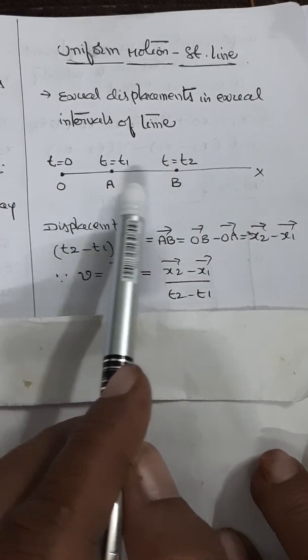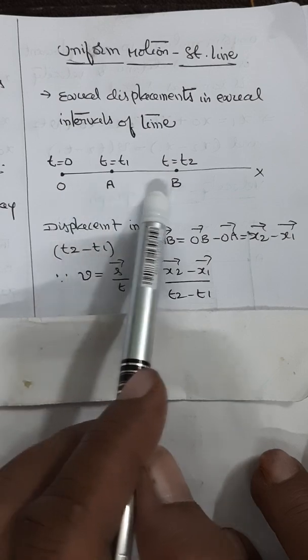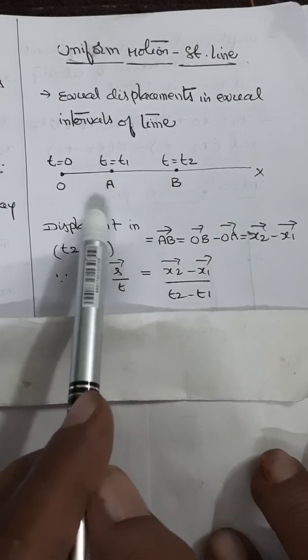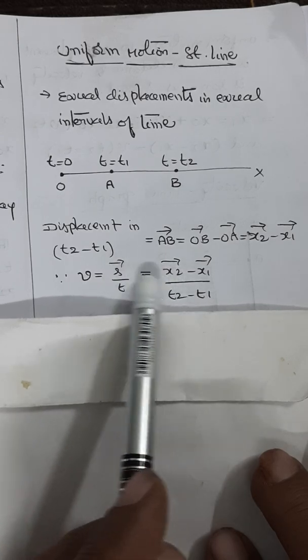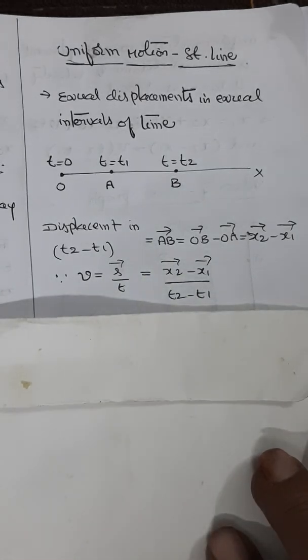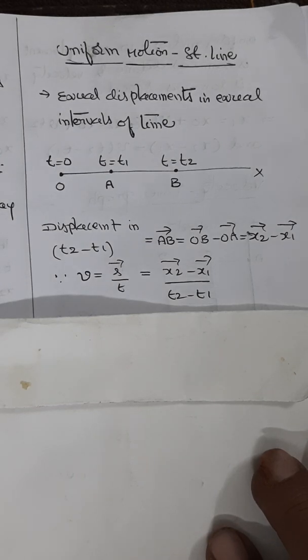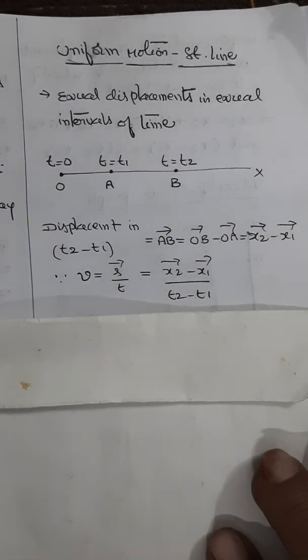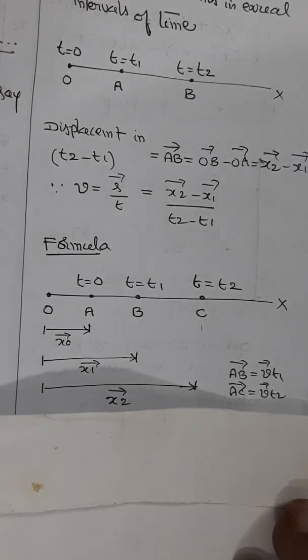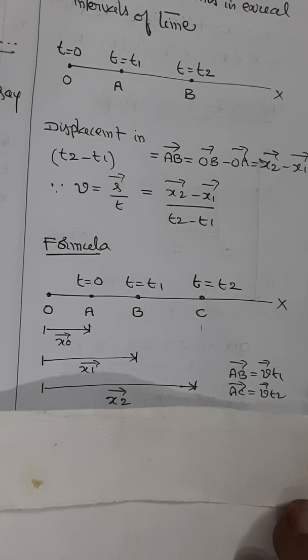So no force is required for an object to be in uniform motion. So the average and instantaneous velocities have the same value in a uniform motion. This is what we need to understand about uniform motion in a straight line. Let us understand how we get an expression or a formula for uniform motion. When you look for obtaining the formula for uniform motion, basically that formula connects the position, velocity and time of an object in uniform motion.